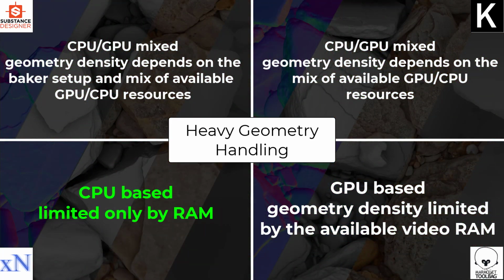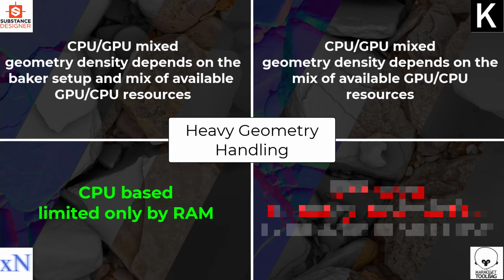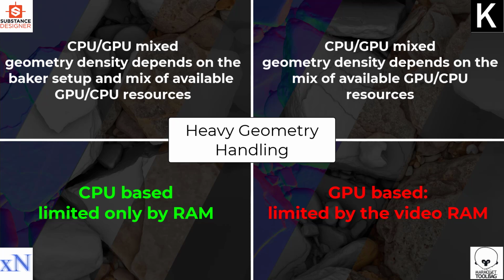XNormal is a definite winner in here. I would give the second place to both Knald and Substance Designer. As far as I know, with the new Knald update, Knald should offer support for over 400 million polys heavy meshes. Substance Designer seems to be slightly behind, but the software seems to be more versatile regarding the hardware we have. Marmoset Toolbag unfortunately can't handle very heavy meshes, since even the most fancy graphics card available to purchase offers a very limited amount of RAM.